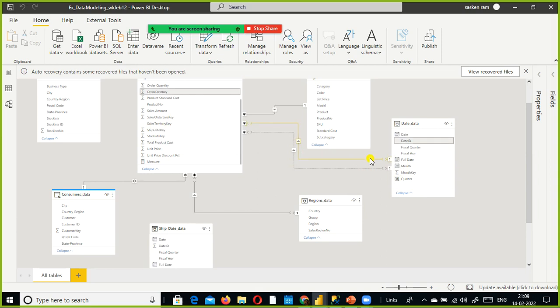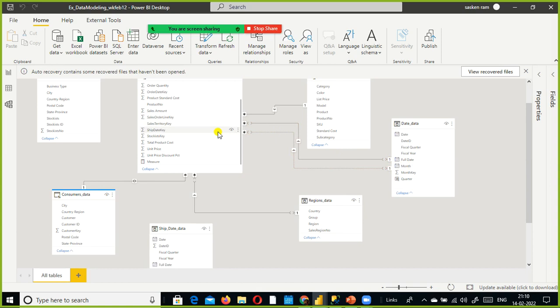If you want to create an additional relationship, it is possible, but whatever you created later will be considered as an inactive relationship. Only the active relationship can propagate the filters to this table. See here, it propagates the filters to this table, right? So only the active relationship can filter this table. The inactive relationship will not filter this table.